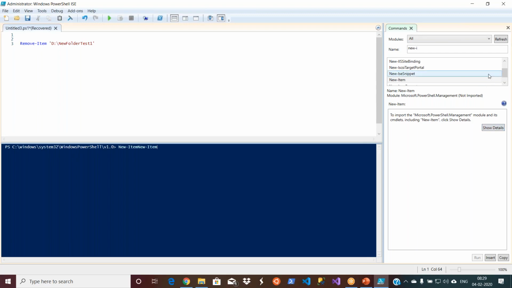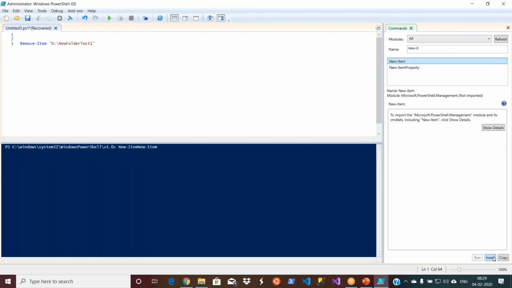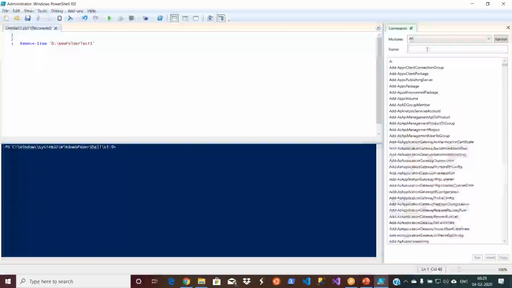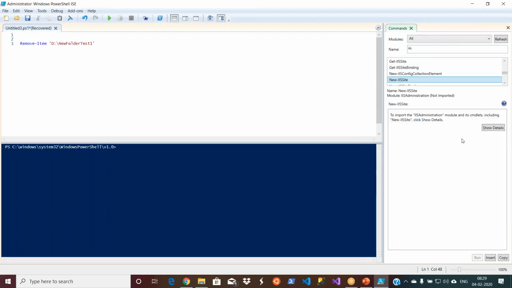Rather than this, I will show some other stuff. Double click this. No, not this one. I don't want to show this one. I want to show some critical stuff. This IAS. New IAS set.